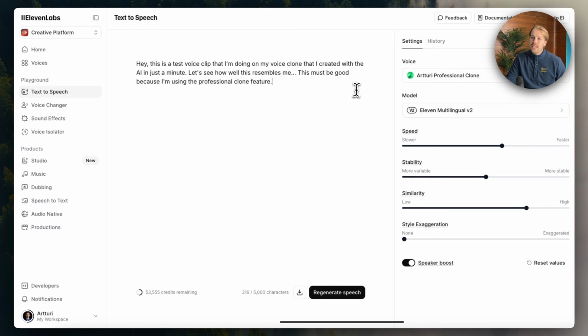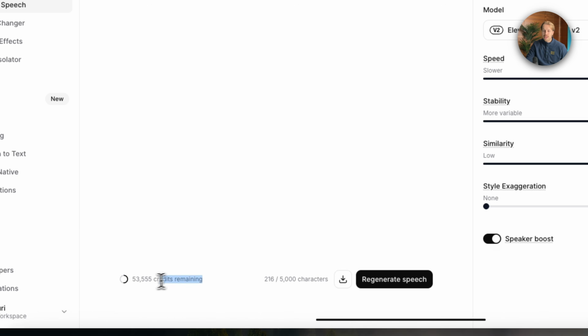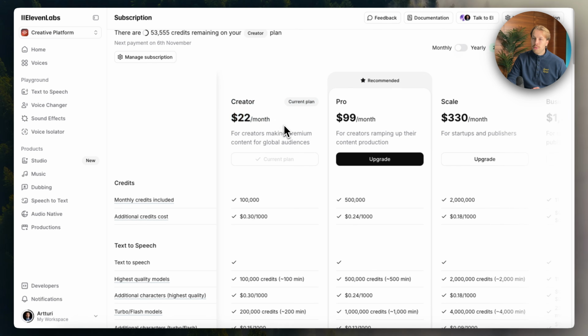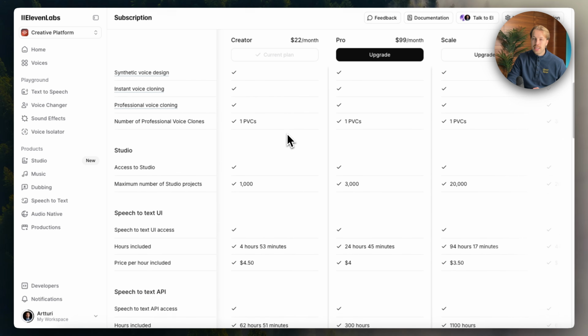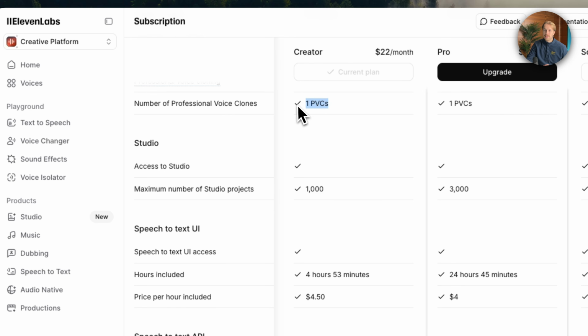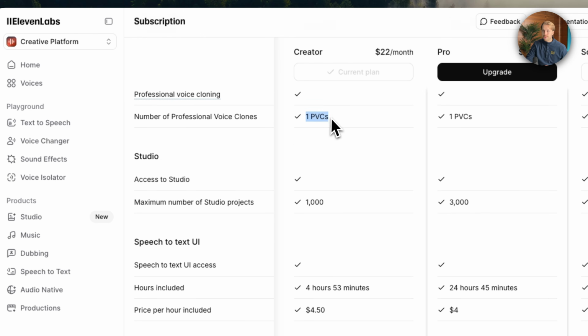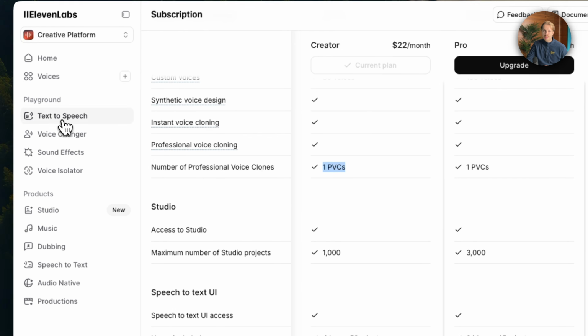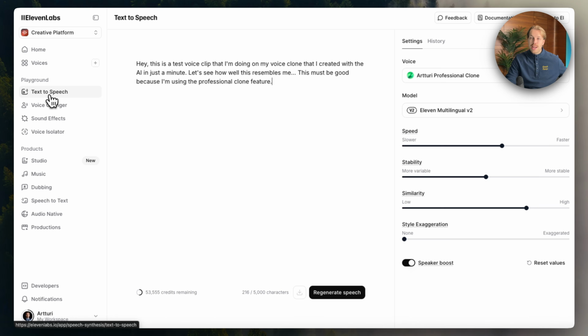And I also like the fact that you can do this professional clone without wasting your credits. So for example, in the creator plan that I'm currently on, I can do one of these professional voice clones. So this doesn't waste my credits, but I only get to spend the credits when I start to use the AI cloned voice. So that's pretty handy as well. That's how you can create a professional clone that sounds exactly like you, or for example,